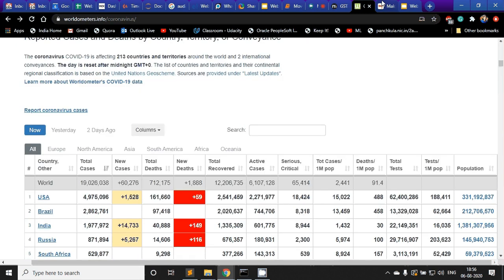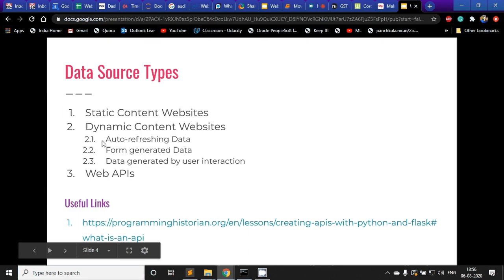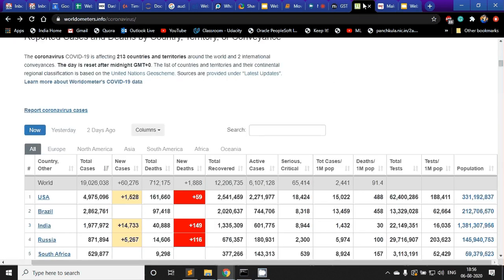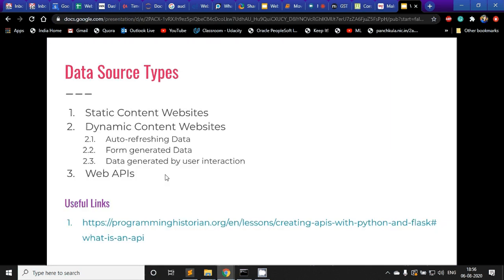Dynamic content websites are of three types. First, auto refreshing data, like this one, which auto refreshes every day, but the frequency is not very high, right? The second type is form generated data.